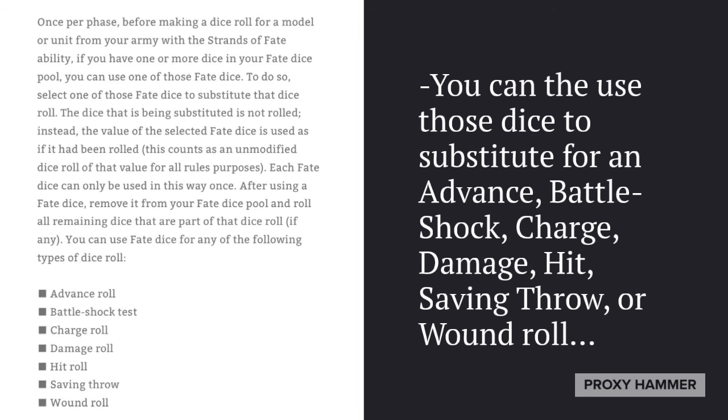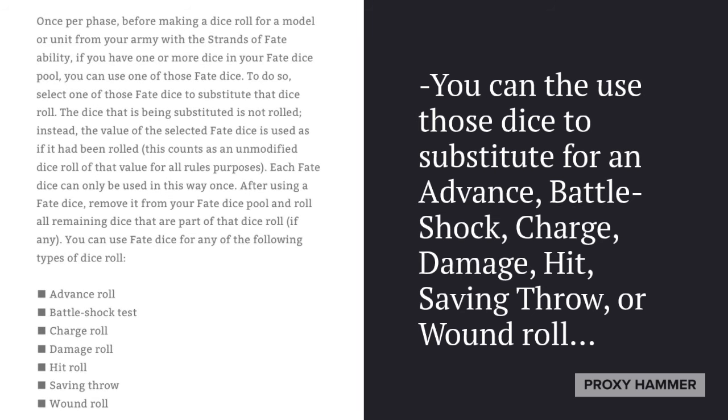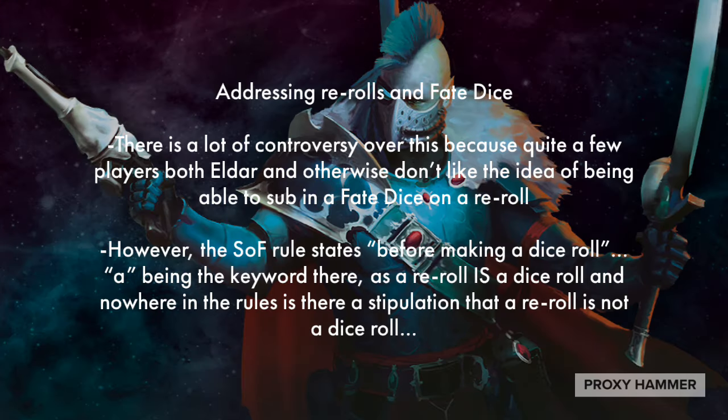And you have both Guardians and Wraith Lords who generate fate dice as well. Guardians for controlling an objective, and Wraith Lords for killing enemy units. So before I get into where you should be concentrating your fate dice rolls in your games and what situations